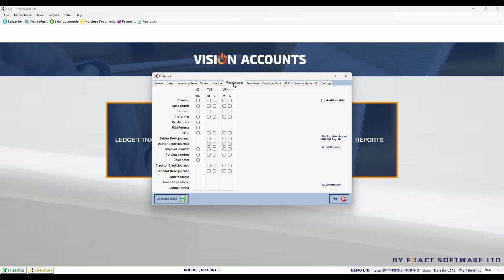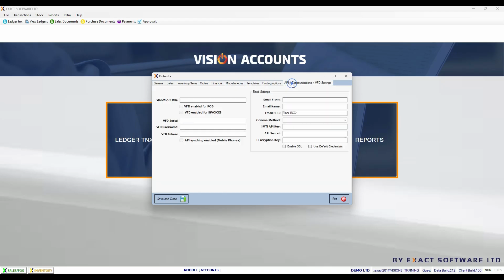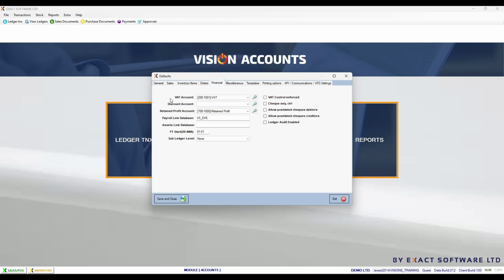Let's have a look at miscellaneous. Nothing to do here. Templates, nothing to do. Print options, we don't have to change. And API communication, we don't have to change. So it's only the first few tabs that you have to set up. As you've seen, I didn't set a discount account. So what I can do is just simply save,